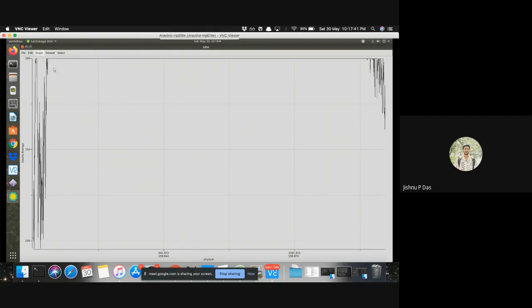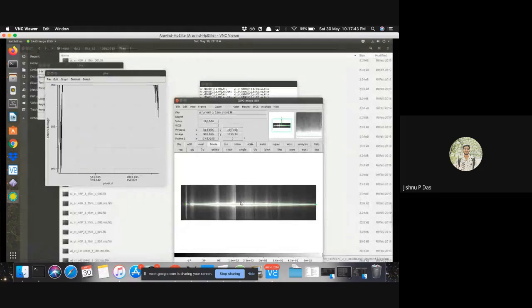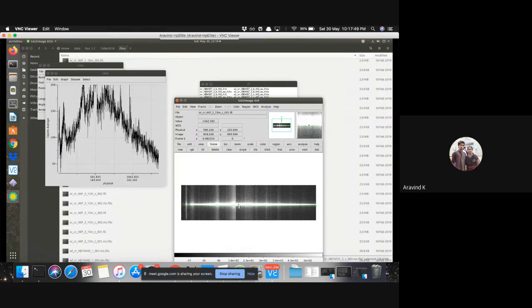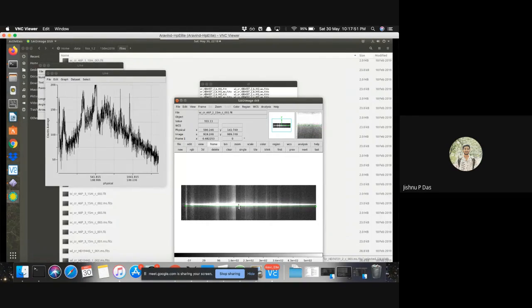Arvind, I think if you move the line a little above or below the central, that will change. Yeah. The flux is too high. Okay, yeah, that's what.